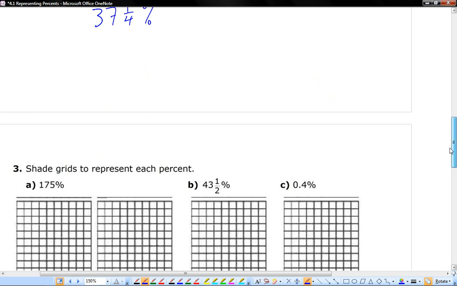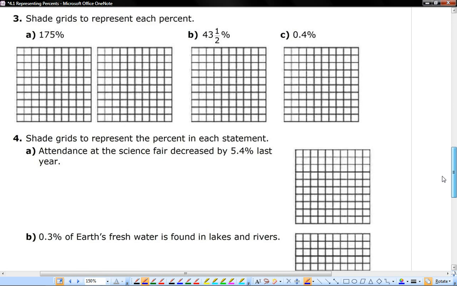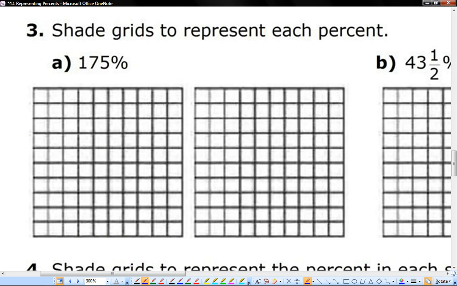Let's take a look at the next page. Example 3. Now we're going to do our own shading on grids to represent each percent. So I'm going to zoom in on each one to allow me to do a little bit more careful job of this. So let me start with the first one. I'd like to shade in 175%. So on the first 100 grid, I'm going to shade in